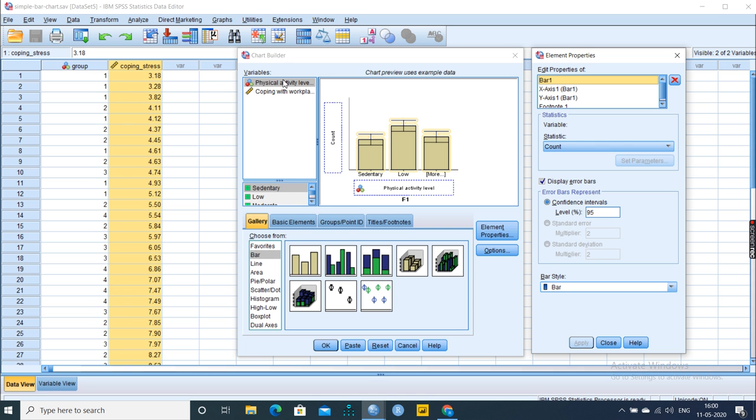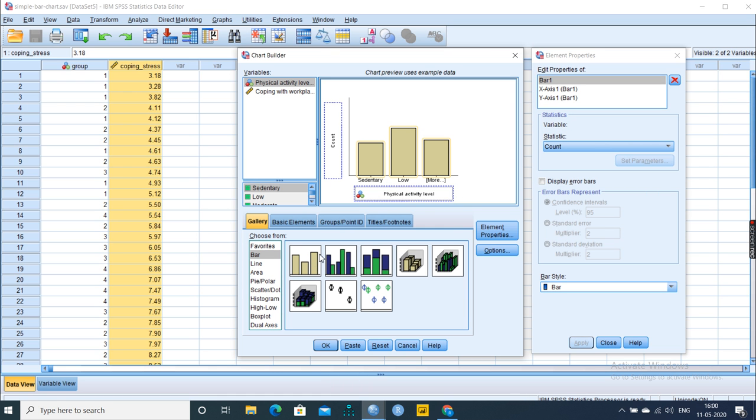Always you take this nominal variable. Here I have to select the simple bar graph. So now always you bring the nominal variable into the x-axis. Always you bring the scale variable in your y-axis. What do you want to measure? That is always to be kept in your y, against what is generally to be kept in x.